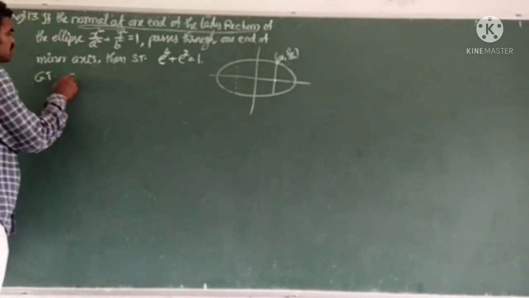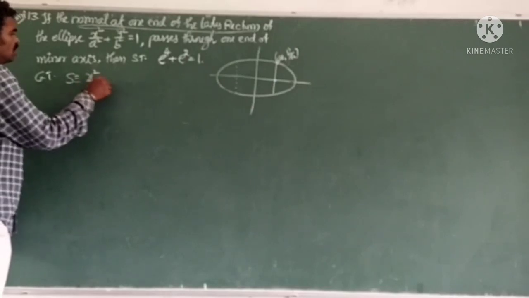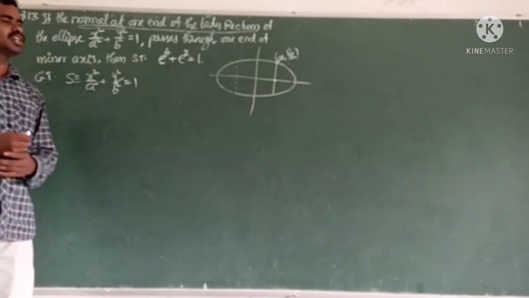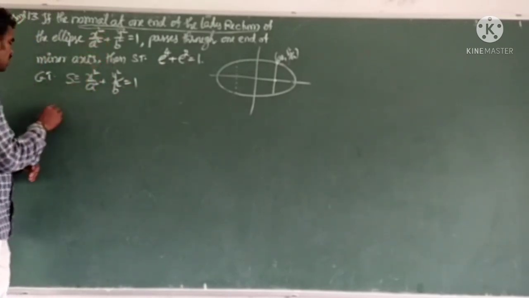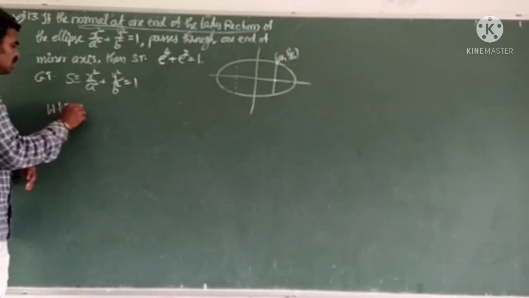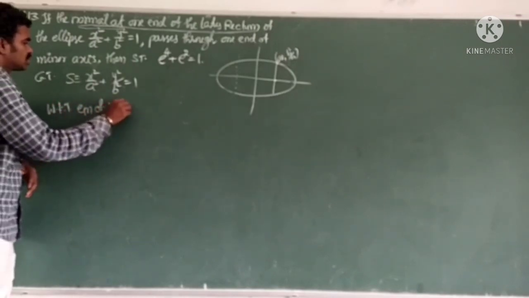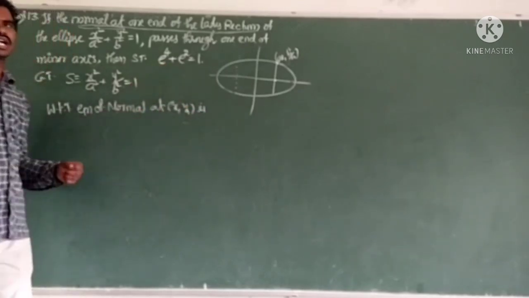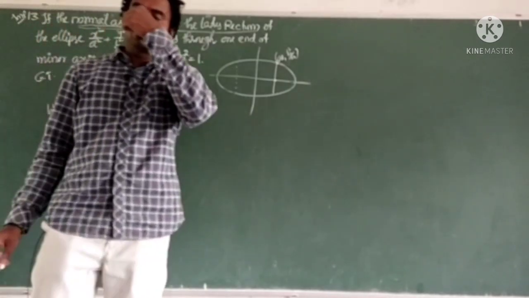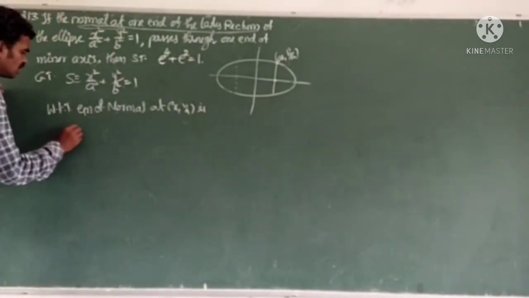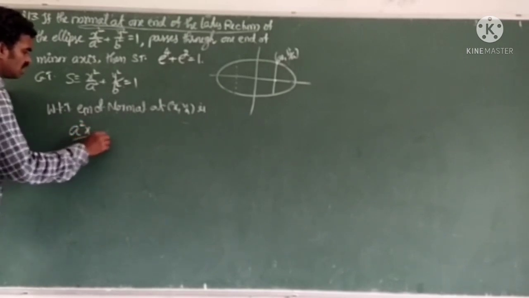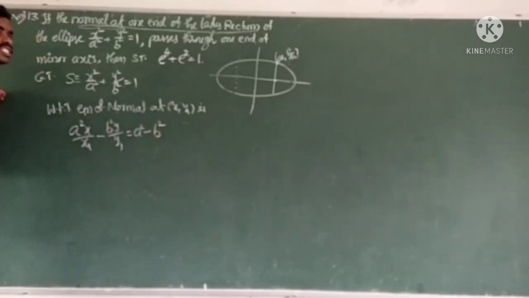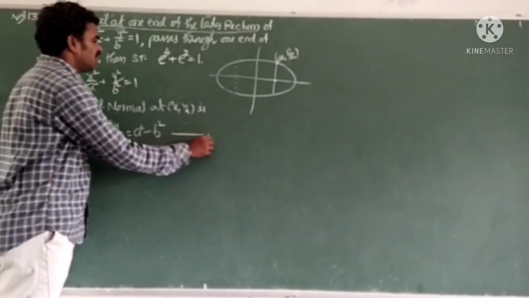Solution. What is the ellipse equation given? That ellipse is x²/a² + y²/b² = 1. Generally it is a standard formula, so no need to convert it in terms of anything. So what is the normal equation? That also we know. We know the equation of the normal at (x1, y1). Generally the tangent equation is S1 = 0. So what is the normal equation? Do you remember? a²x/x1 - b²y/y1 = a² - b². Actually this is the normal equation of the given ellipse.